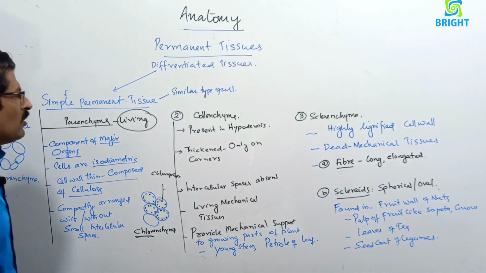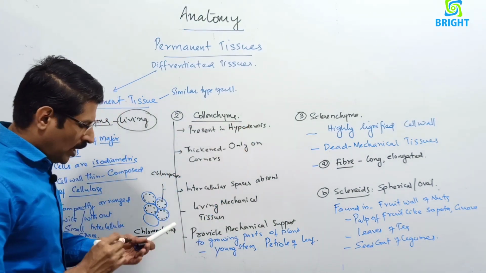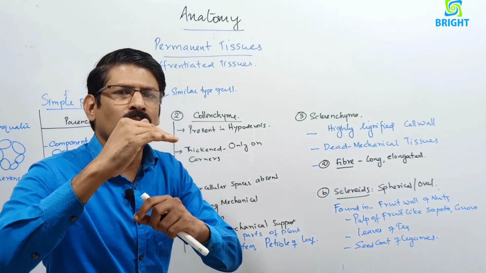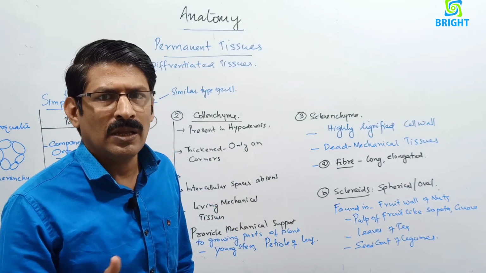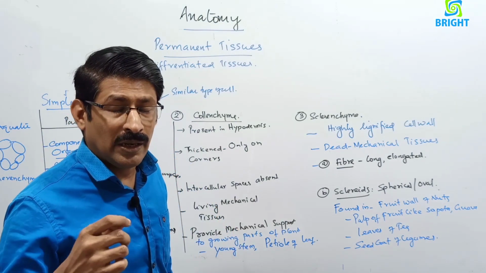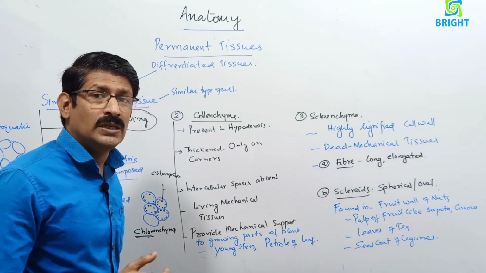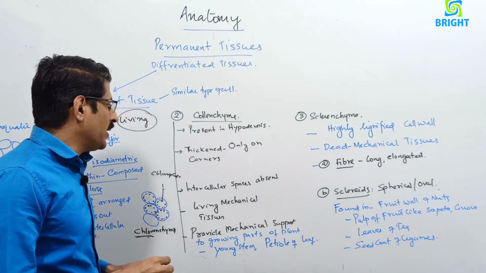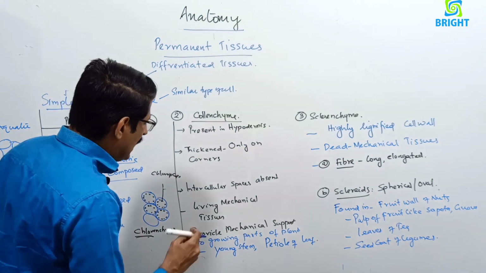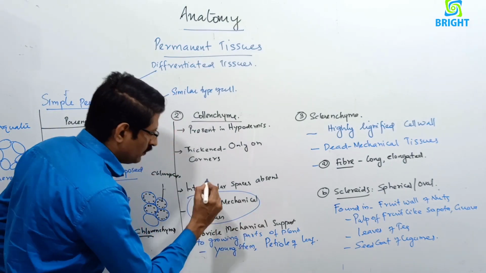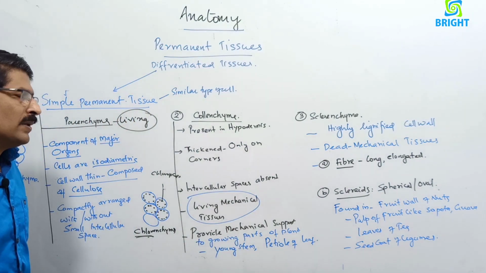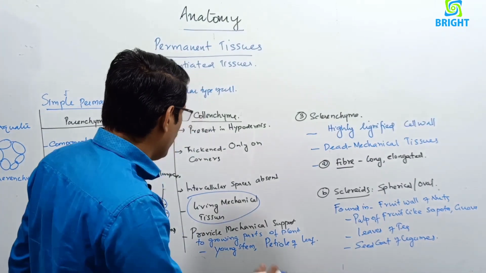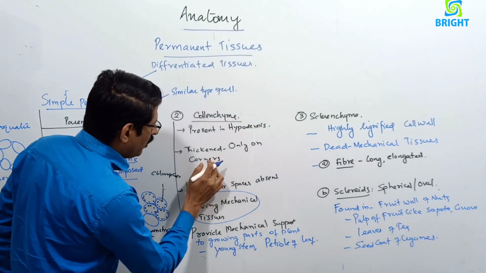And the second type is collenchyma. Collenchyma is present in the hypodermis region. And what is hypodermis? Just beneath the epidermis, especially in the primary stem region and also in the petiole. Just below the epidermis we can see collenchyma. Collenchyma is a living mechanical tissue. They are living cells; cytoplasm and protoplasm are present, but they are mechanical because the corners of the cell